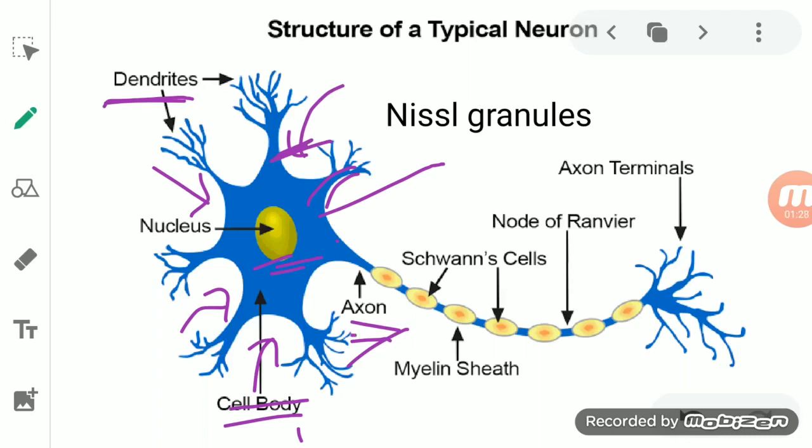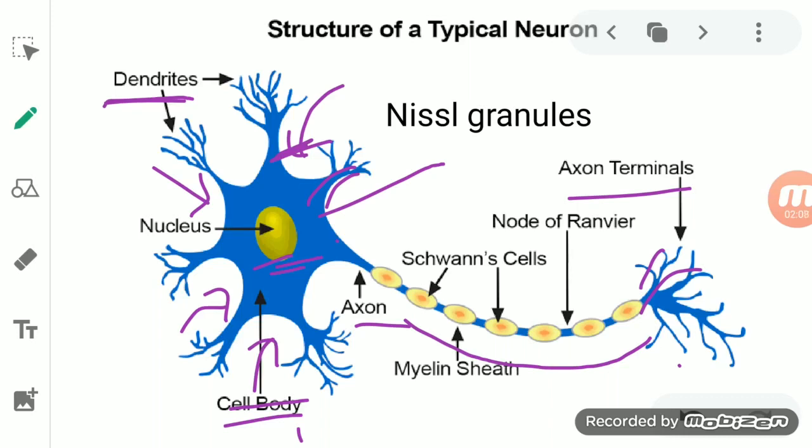Then finally the axon is the third part. Axon is a single long cylindrical process. You can see here the axon arises from the cell body. It is a single and long cylindrical process which has a uniform diameter. Finally, at the axon terminal, you can see that it consists of different branches, so it forms branching at the terminal. So we can say it is a long cylindrical process which forms fine branches terminally.